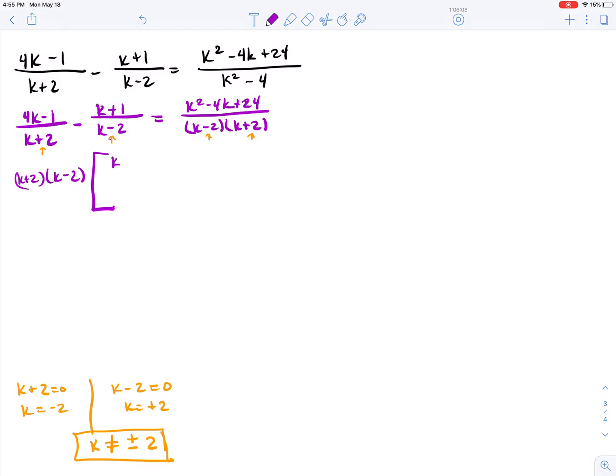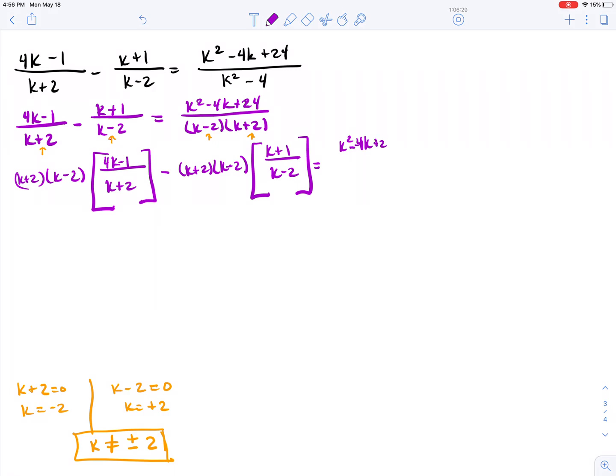So times 4k minus 1 over k plus 2, minus k plus 2 times k minus 2, times k plus 1 over k minus 2, and it equals k squared minus 4k plus 24 over k minus 2, k plus 2 times k minus 2,